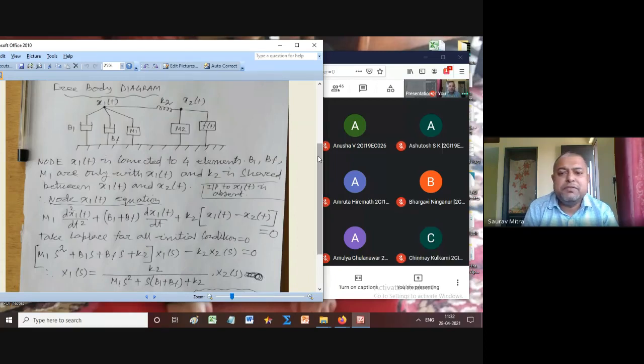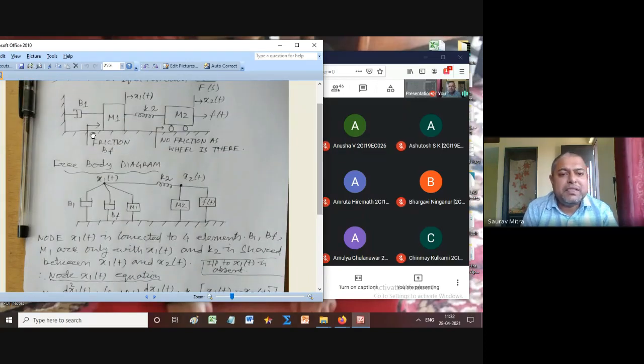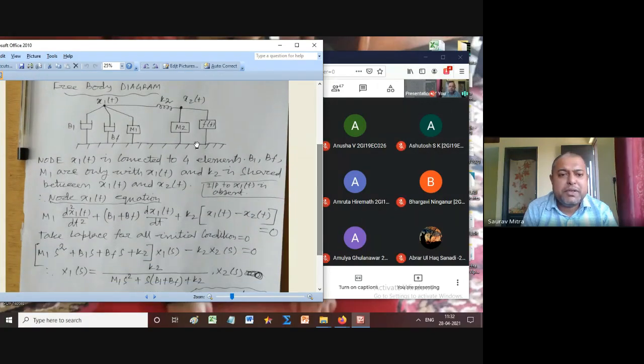If you can see the diagram, you can find that this friction is between mass and ground. This B1 is between mass and ground. So both sides are not connected to different displacements. One side is connected to x1, another side is 0. So you can say that this is dx1(t)/dt minus d0/dt, that is nothing but dx1(t)/dt. So it is B1 plus BF into dx1(t)/dt, plus, now here is coming the main thing,